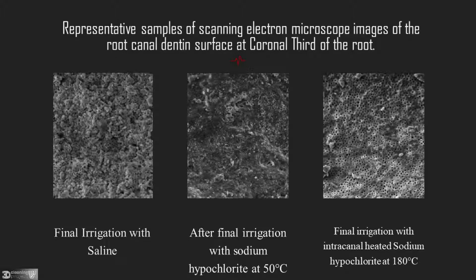Here is a representative SEM, scanning electron microscope, image of the root canal dentine surface at coronal third of the root. First one on the left, final irrigation with saline. In the middle, after final irrigation with sodium hypochlorite at 50 degrees. On the right, final irrigation with intracanal heated sodium hypochlorite at 180 degrees. I think you can see clearly the difference in cleaning between the three slides in the coronal part of the